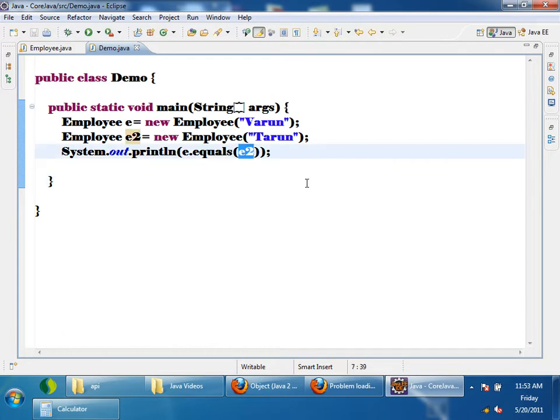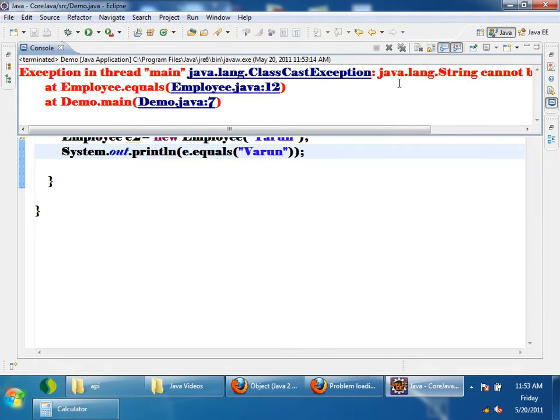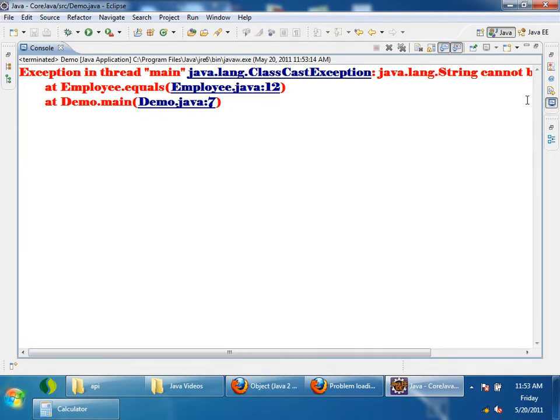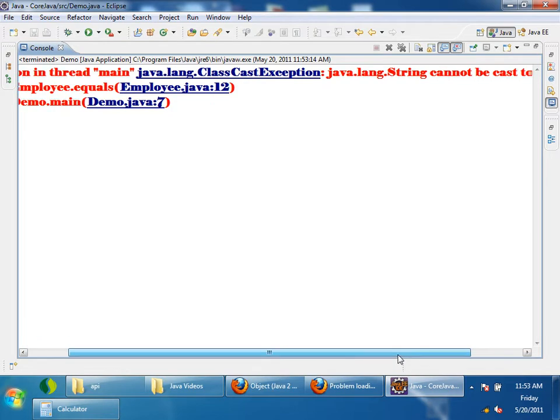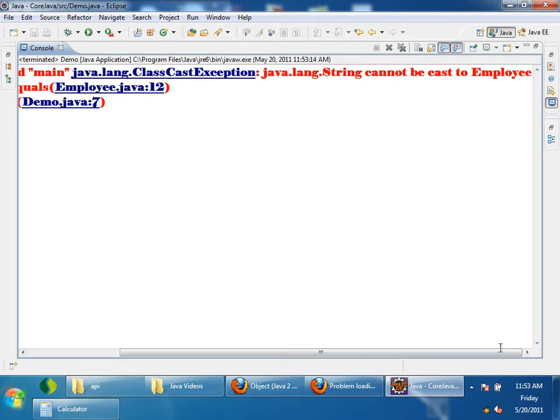E1 dot equals Varun. The equals method accepts the string Varun because it is expecting Object. Now if I run this, I am getting a ClassCastException: String cannot be cast to Employee.